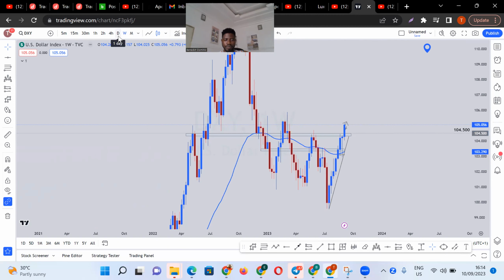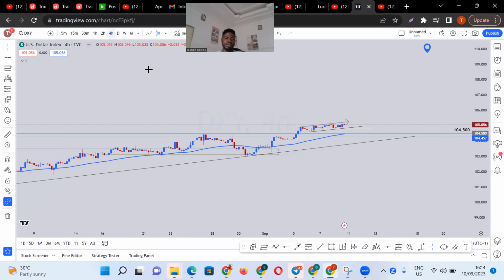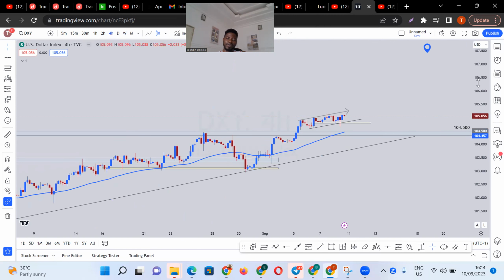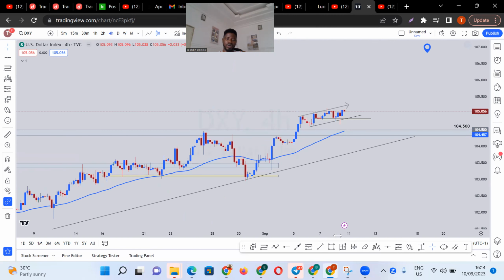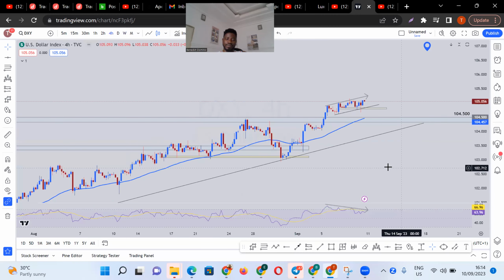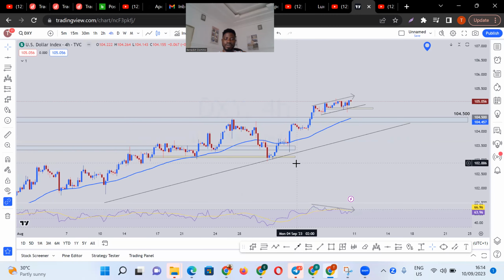Okay, so after doing this, this market is at the point of nowhere now. So it can continue going up or retrace. When it comes to this zone, that is when I'll be interested. But looking at the 4-hour time frame, I want to show you something. On the 4-hour time frame, we have what we call divergence. If you look at this market, you will see that